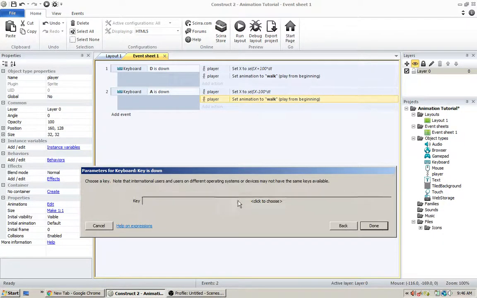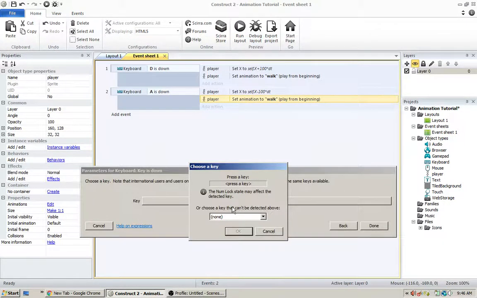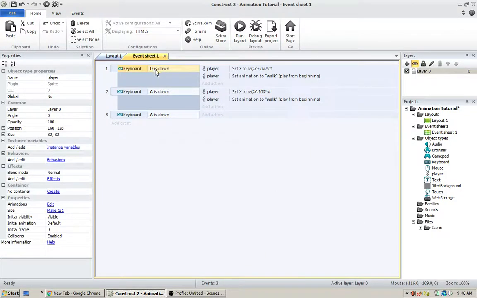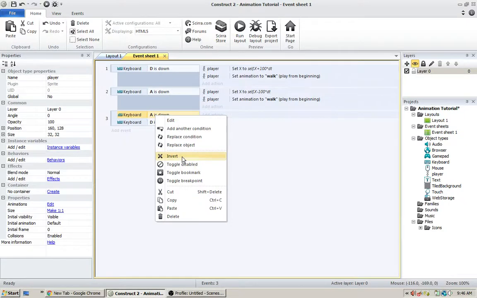There's various ways to do it, so we may have to change it later on if things don't work well with other events. So we basically do the same thing. I could just copy these conditions here and paste them into here. Now if I right click and go invert,